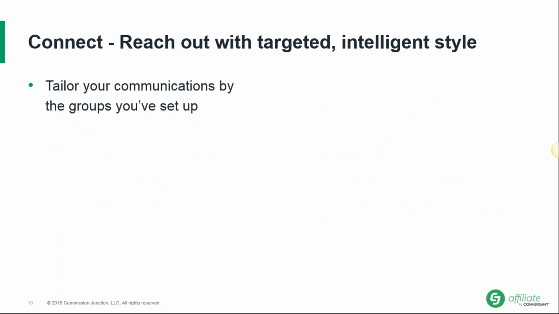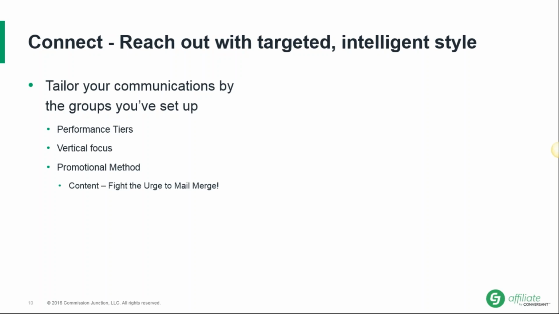Communication is what you'll need to make all of these plans a reality. These publishers are marketers and entrepreneurs, each looking to build her or his place in the industry. Making it clear that you know at least a little bit about who they are will drive a real difference. And you can do so by simply treating each group's communication a little differently. If you're offering unique things to each performance tier, this is the step where you'll draft those up separately. If you've got vertical specific publishers, speak to that audience with the products you focus on, the words you use, and the offers you mention.